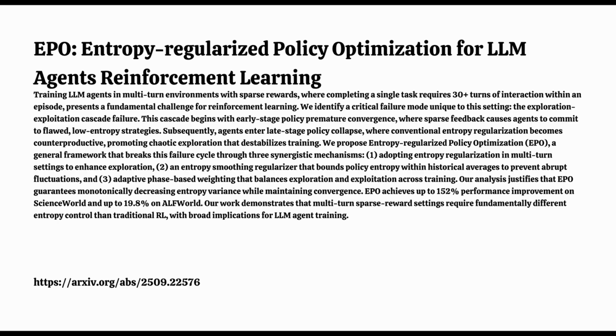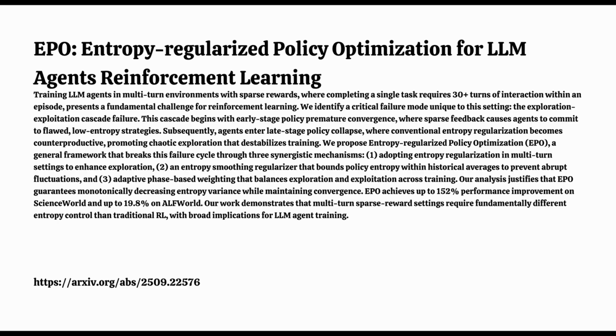Yeah, and the real headache there is what's called sparse rewards, meaning the agent does all these actions, maybe dozens of them, this long, long sequence, and it only finds out if it did well or poorly right at the very end. There's no feedback along the way. So it's hard to know which of those 30 steps was the good one or the bad one. Very hard. It's a huge credit assignment problem. Your standard reinforcement learning approaches really struggle to pinpoint what worked over such a long horizon.